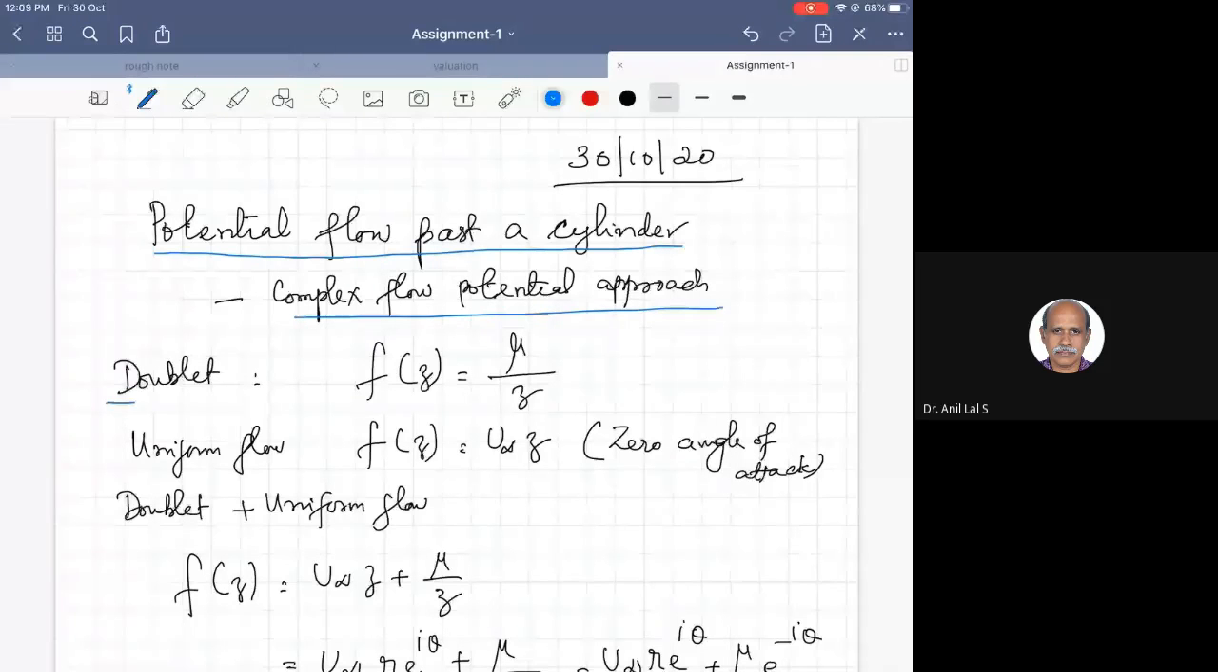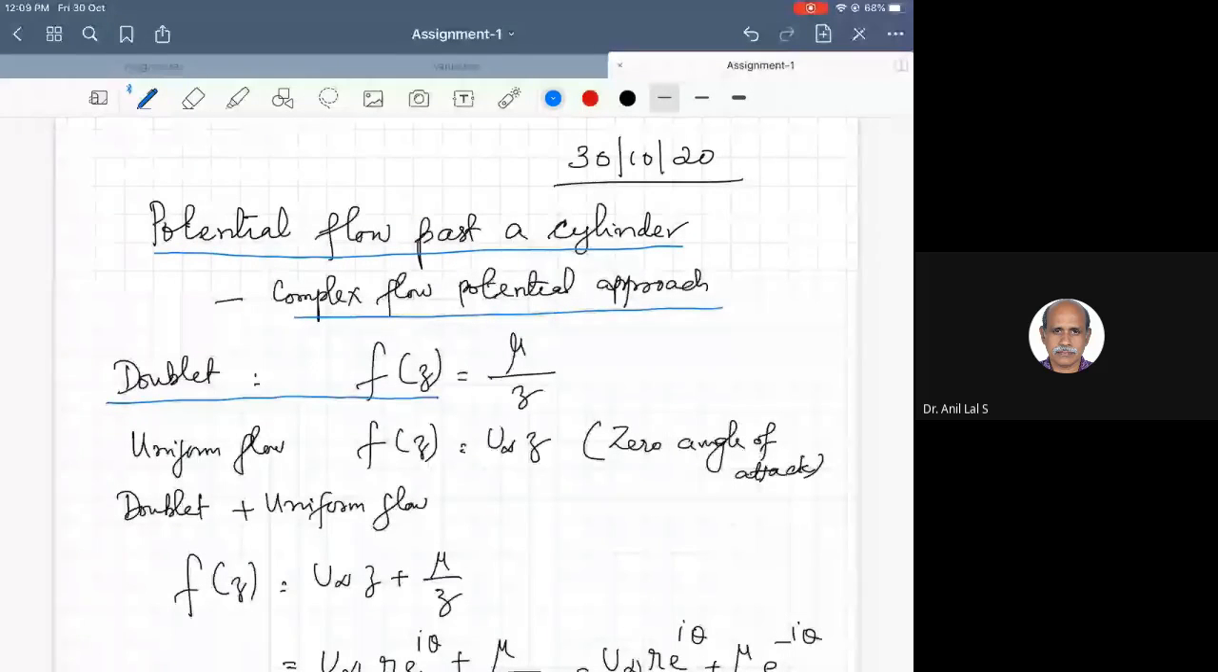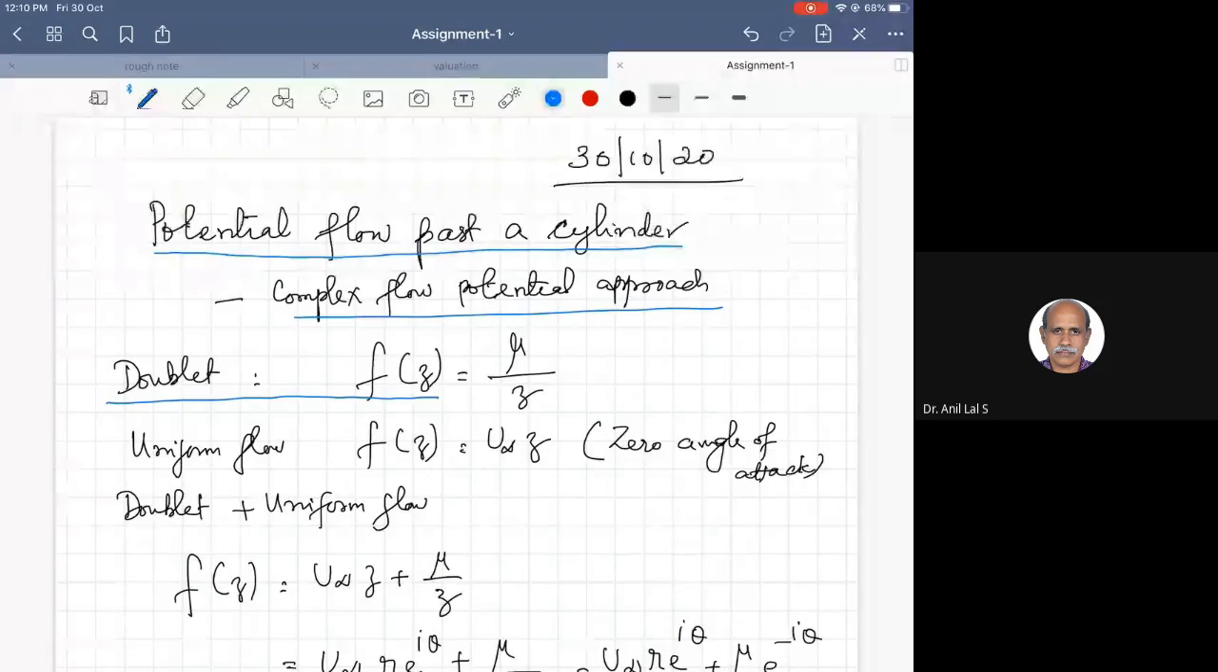A doublet is a pair of source and sink placed along a line in such a way that the strength of the source and sink are very high, and the distance of separation between them is tending to 0. In this case, you apply the method of superposition of a source and sink, and then by applying the limit, you will get the complex flow potential for a doublet as